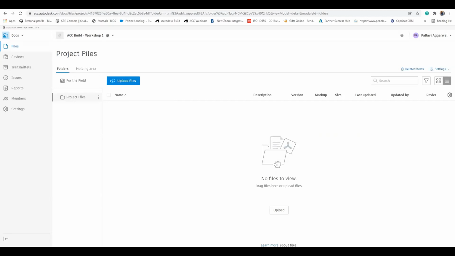You can create e-transmittals. These transmittals are very important. Conventionally, when we submit a drawing at site, we have those memos with us. The person who delivers the drawings at site gets a receiving from the site. They are all hard copies, and you have to store them, and those become a challenge towards the end of the project. So you have e-transmittals again, which we'll see in the session today. You can also create a lot of issues and markups in here, which we'll discuss in the subsequent slides.